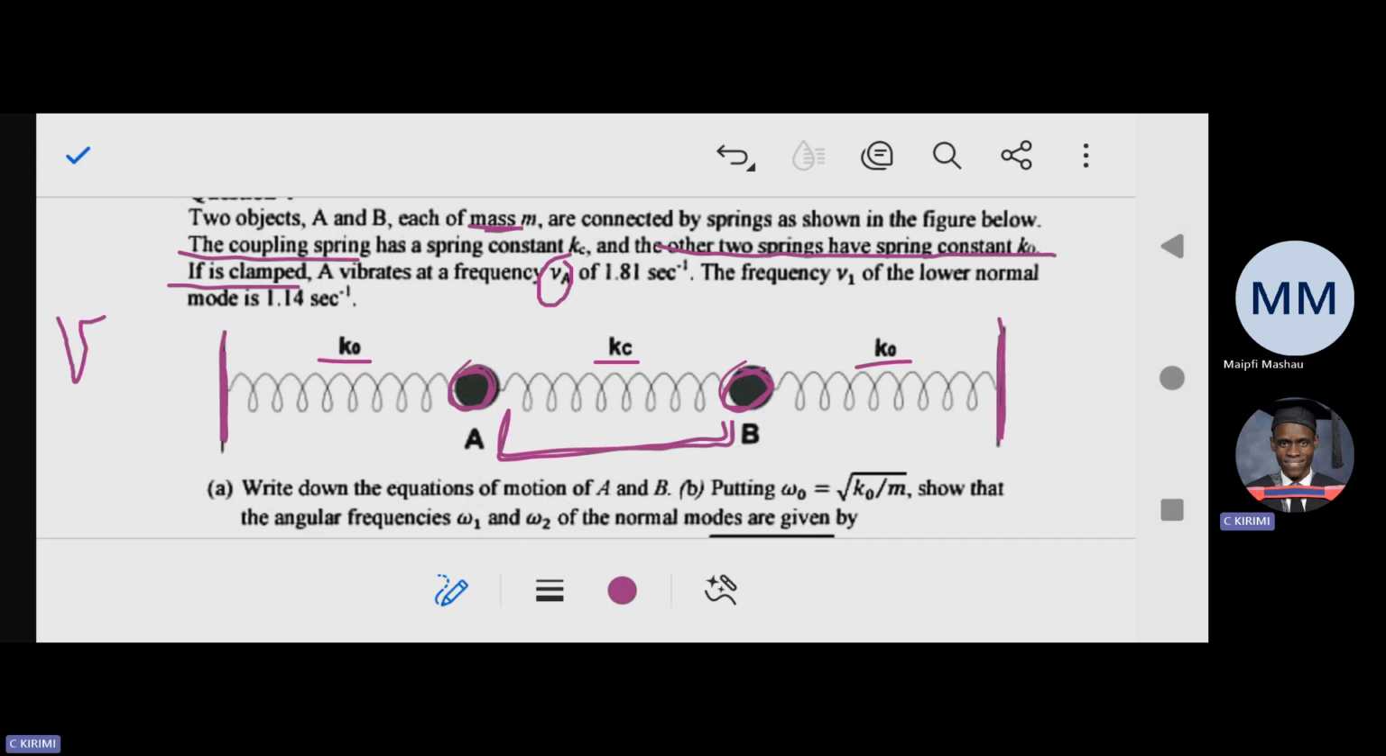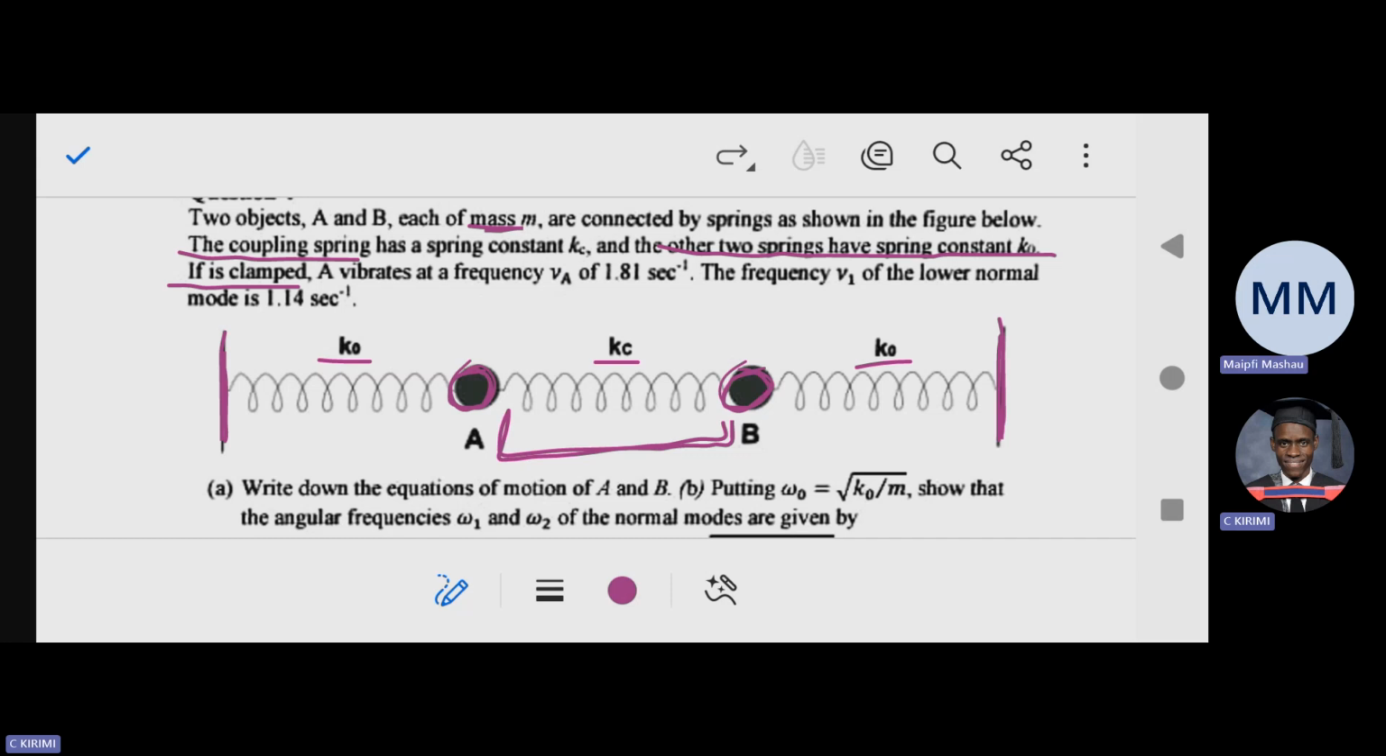The Greek letter that looks like a V, but it's not a V. We call it mu. It represents frequency. Any question? Even this one is also a mu. It's representing frequency. It's not a V for velocity. Clear? Yes. All right. So the frequency, if clamped A, which means mass A vibrates at that frequency,